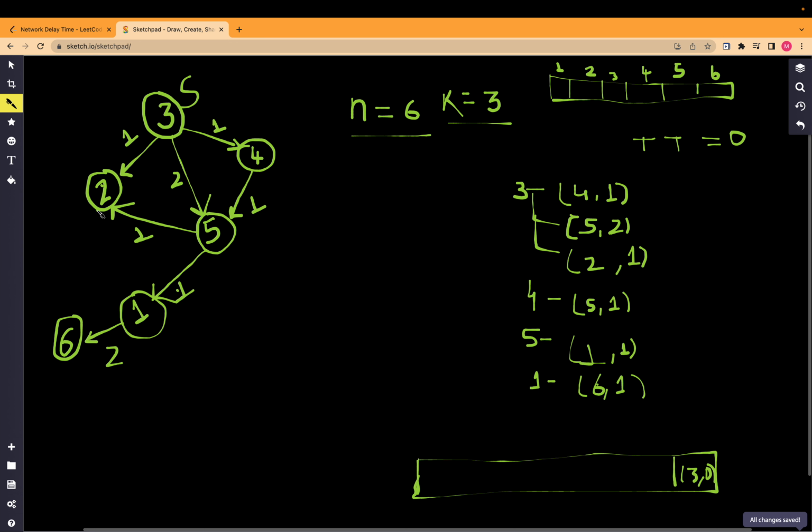We are traversing level by level, like first 3, then 2 and 4 and so on. So that's why first we will pop this 3, and then we will check the maximum distance, or we can say time. So I'm using the word time. So this is 0, this is also 0, no need to update, so the maximum will become 0. And once 3 is visited,